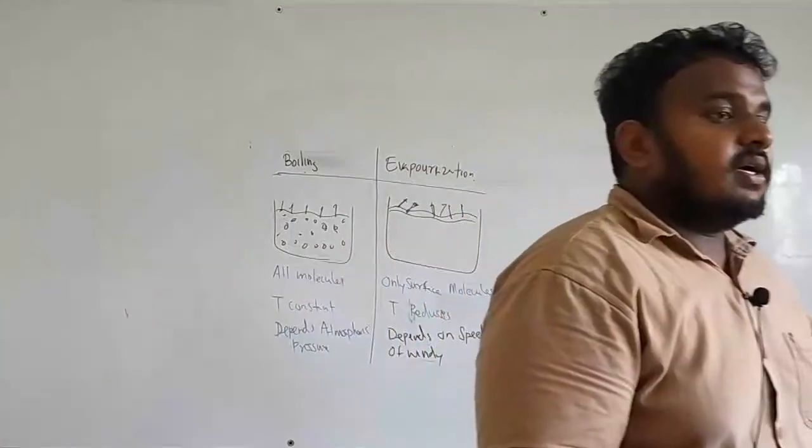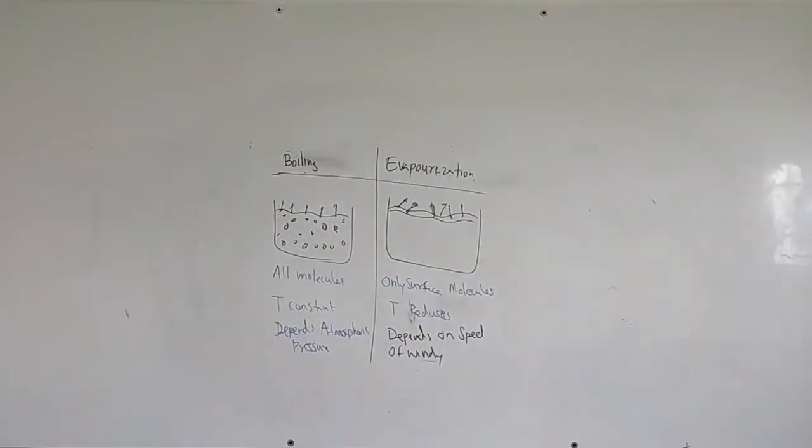Okay, so these are the differences, but I was unable to find the exact one false answer. The first one is definitely wrong, right? Even the second one is correct, no issues. Boiling is visible, you can see the water bubbles come out. And speed of wind affects the evaporation but not the boiling. Yeah, even that is correct. Temperature of water remains constant during boiling while it decreases in evaporation. When we see it apparently, the first one is the answer.